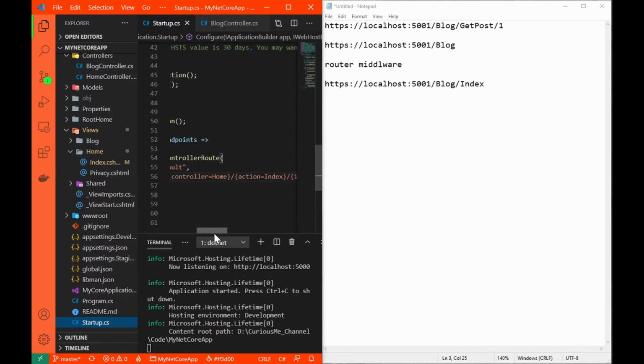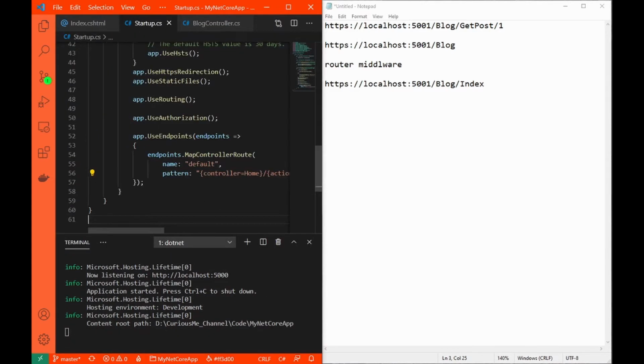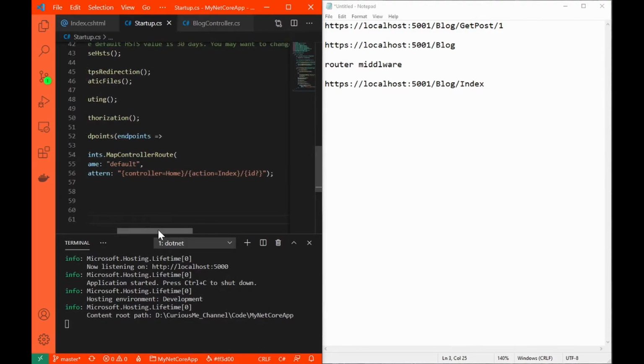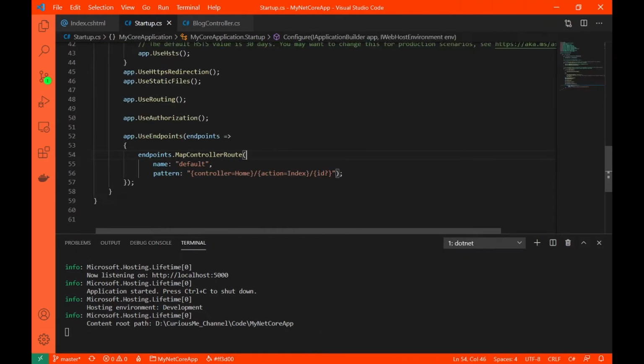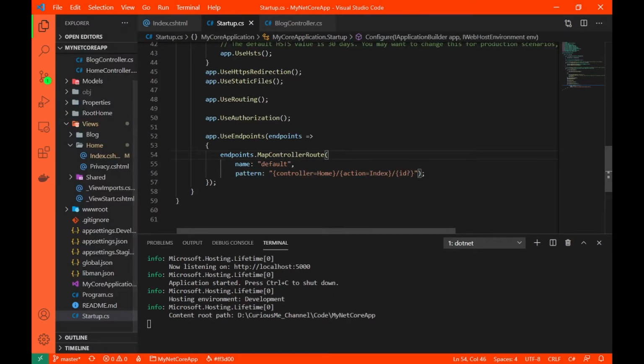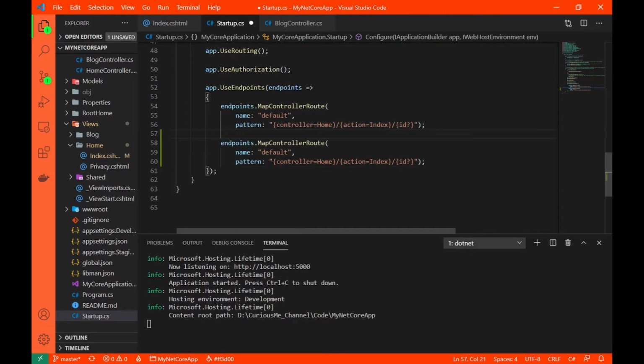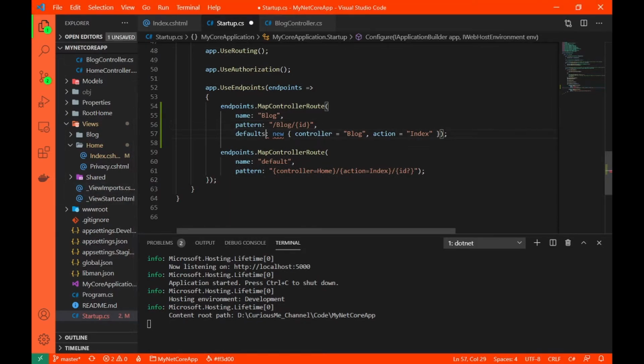Now you have to be very careful when you are defining your route, and please take into consideration what kind of route will be helpful or beneficial for your application. This absolutely works for most of our applications and you do not have to change it in any way. Now if you want to target more routes or more patterns in your URL, you can simply add another endpoint. That is also possible. Now I'll add one more endpoint just to explain how this works. Okay, it's not default, it's defaults. Okay, fine.